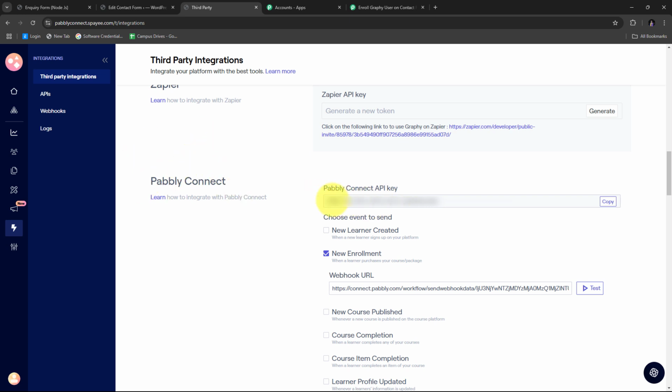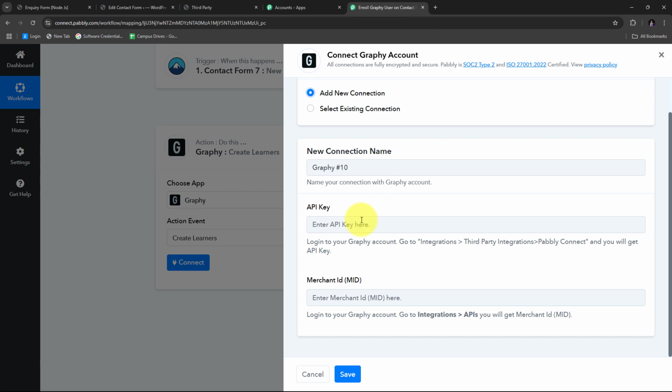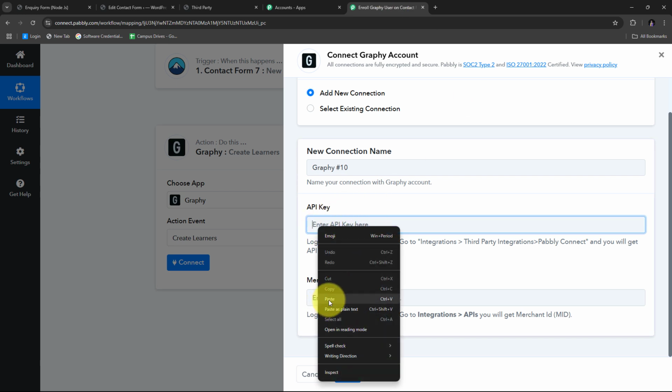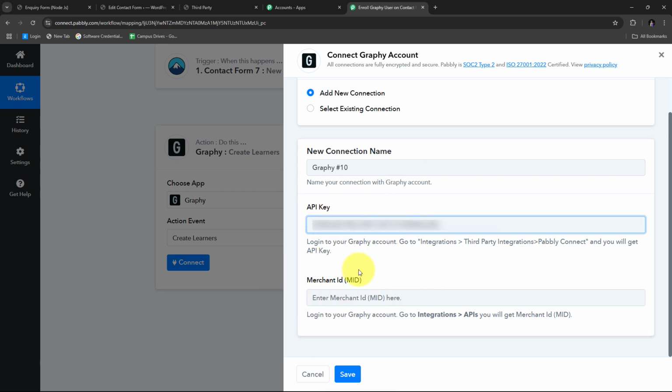I have this particular API key. So I need to use this API key. So I'm going to copy this. I'm going to go back to Pabbly Connect, and I'm going to paste that here in this tab of API key. Now I need the merchant ID, and for getting this merchant ID, I need to take you back to